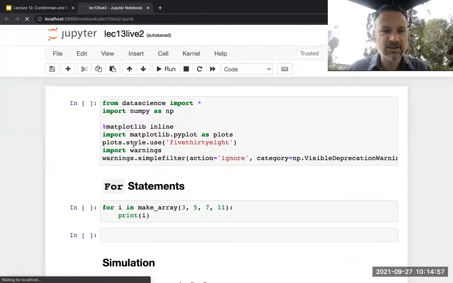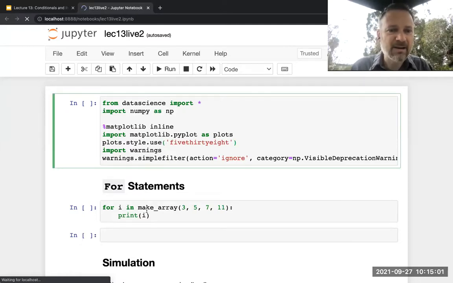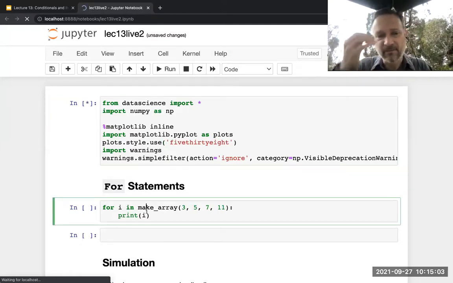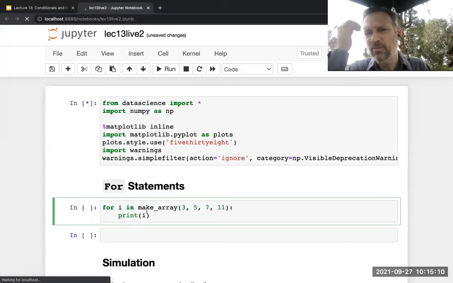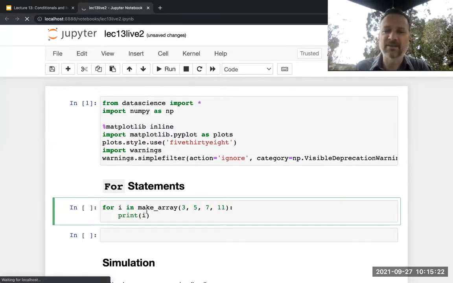Let's see a for statement. I have here a for statement: for i in make_array(3, 5, 7, 11): print(i). What is this going to display in the notebook when I run this code? Nothing. 3, 5, 7, 11.